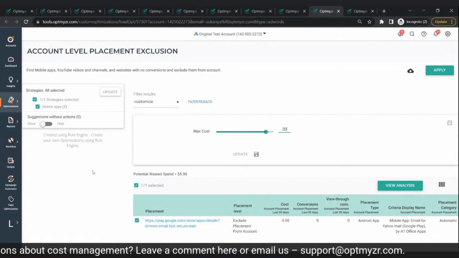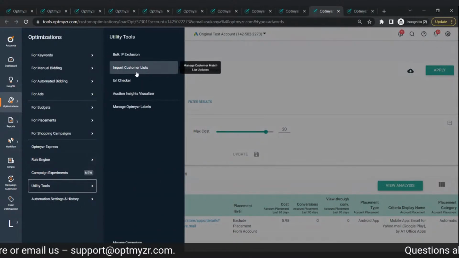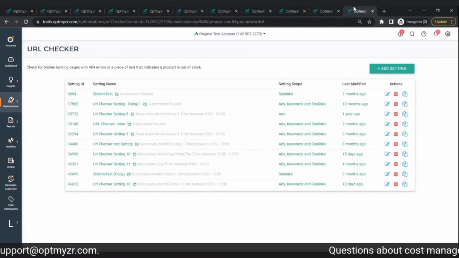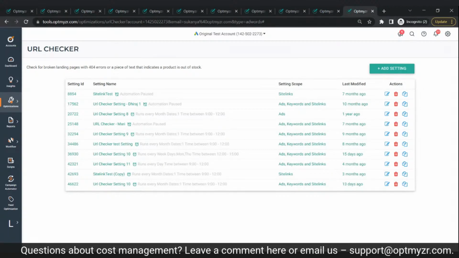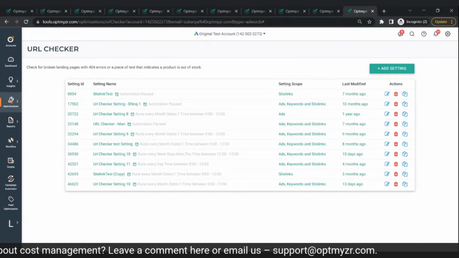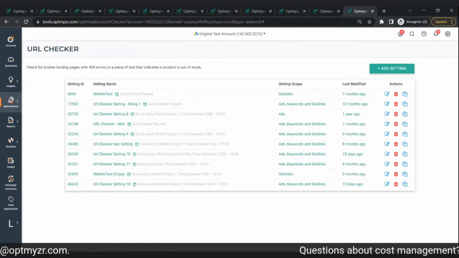So moving forward, the next tool is under optimizations and utility tools, the URL Checkup. This tool basically helps you track your landing pages for 404 errors or other special response codes that we like to track. We know broken landing pages lead to wasted clicks and a bad user experience. So this tool helps you keep track of that. Also, one cool thing about this tool is